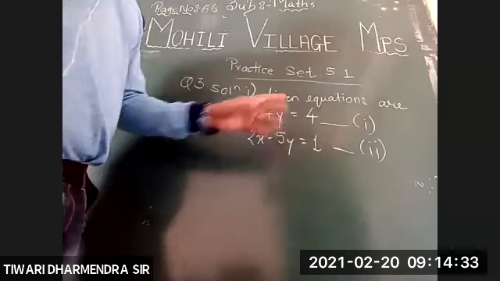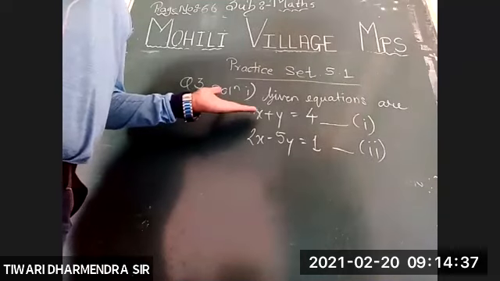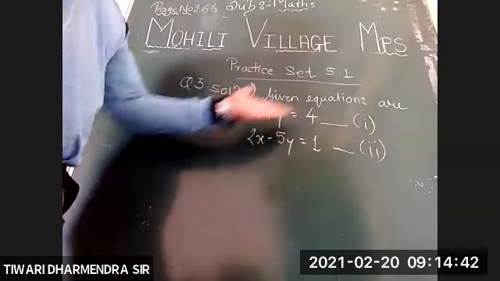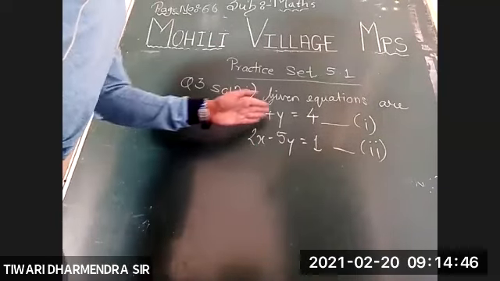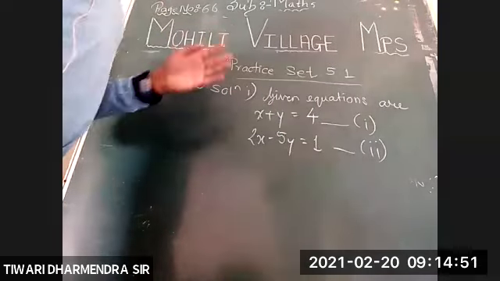I took y. If somebody says, you know, sir, I want to make the coefficient of x same, so yeah, you can do that, no issues. You just multiply it by 2. So you'll be getting 2x plus 2y is equal to 8. And after that,